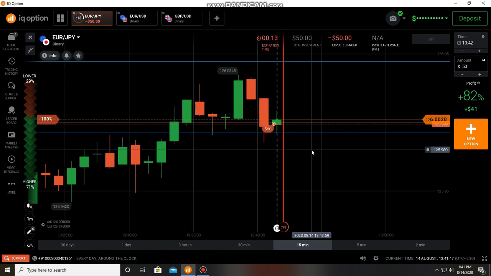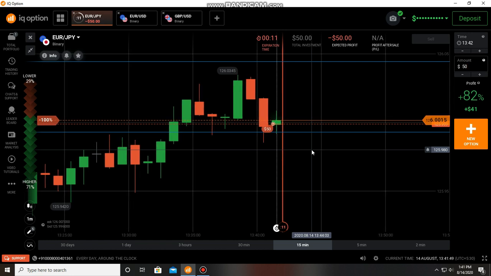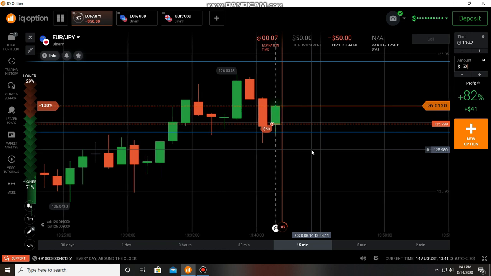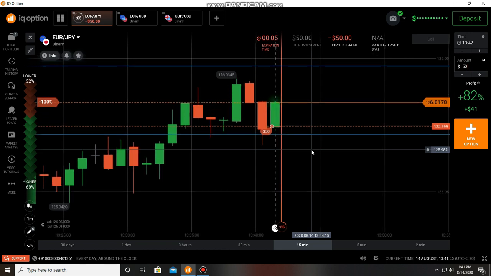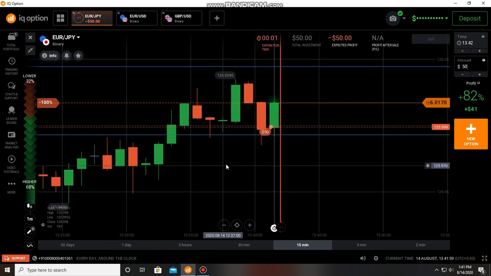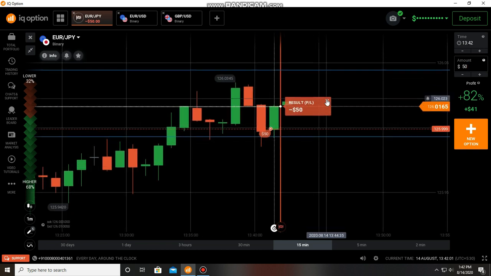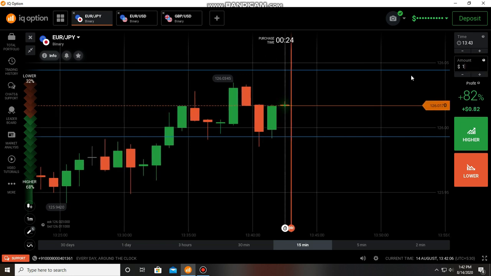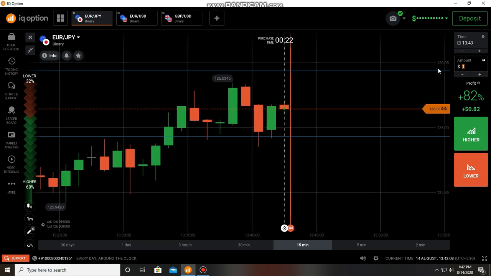Okay. And there are so many traders asking me about some shortcut tips. Actually, in the market there is nothing called a shortcut. Our capital is at risk till the closing of the time. Oh, it was a losing trade. The buyers directly entered here. No problem. We can go with 120. Just wait.